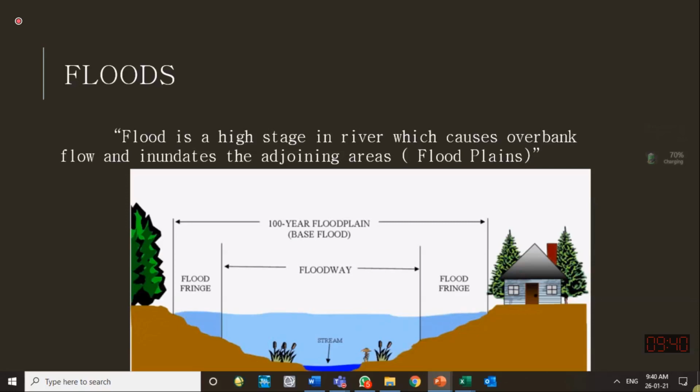So that is another kind of flooding. We say urban flooding, or another name for that is, I think, pluvial flooding. So one is riverine flooding. That is what we are talking about over here. When the river stage level increases and it becomes more than the full capacity, or it overbanks, it flows over the banks of the river, then that flooding is called river flooding. So both are floods. It can be a riverine flood, it can be an urban flood.